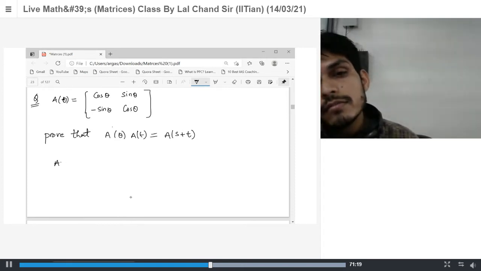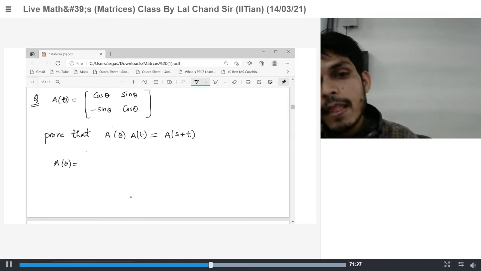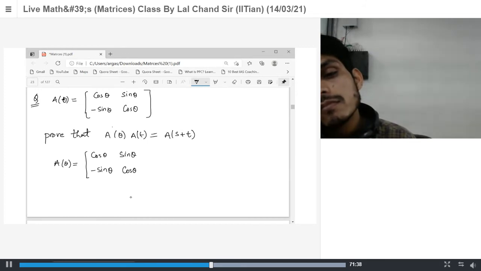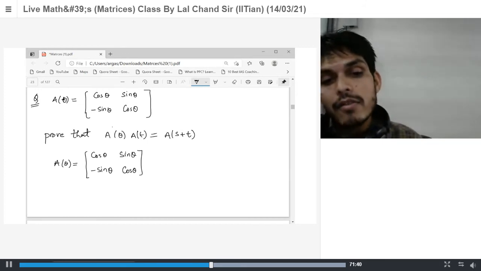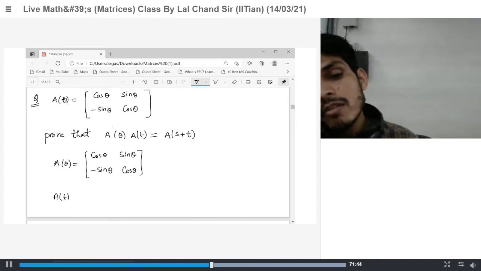The value is cos theta, sin theta. Okay. Now if I write A t, so A t value will be